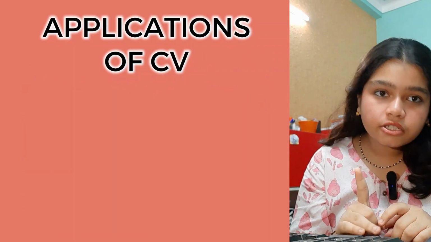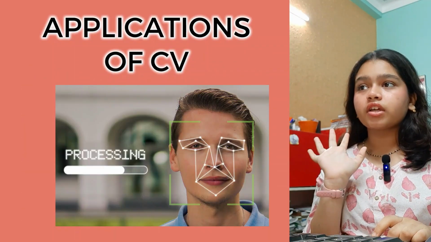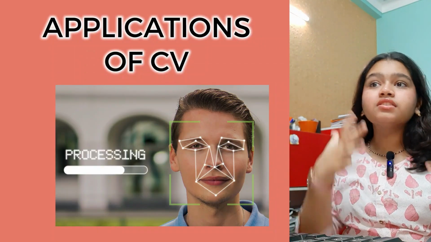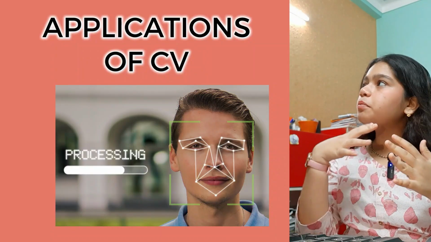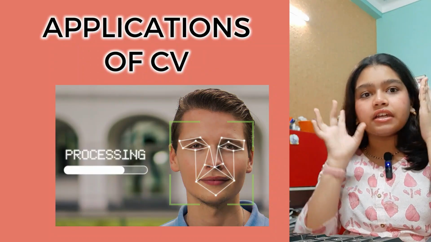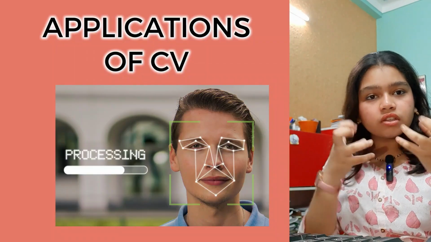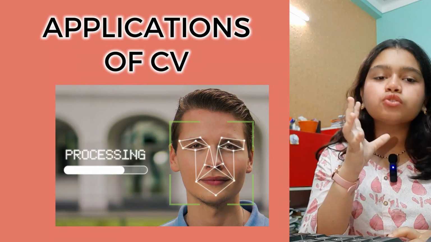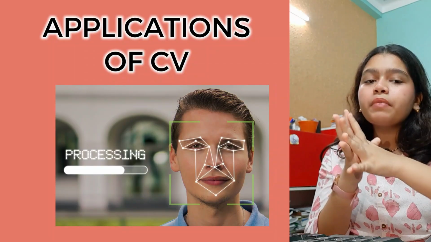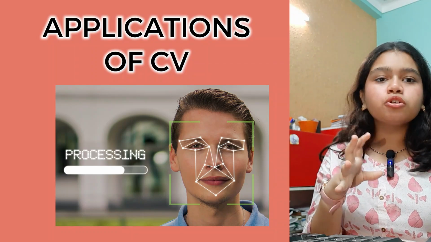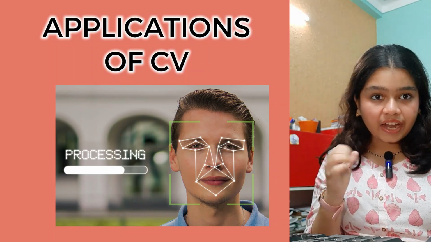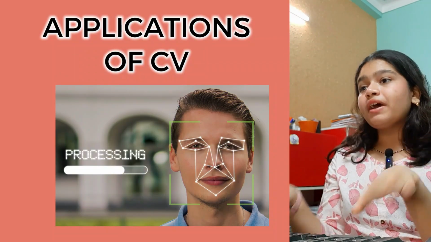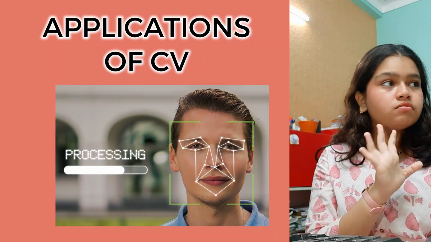So now we are going to see applications of computer vision. First, there is facial recognition. Facial recognition means computer vision is identifying the person or verifying the person's identity by analyzing their face. It extracts all the features from their face. After feature extraction, it will compare it to the original picture of the person who is being scanned, and if the features match, let them go. If the features don't match, I've never seen them before, let's remove them.